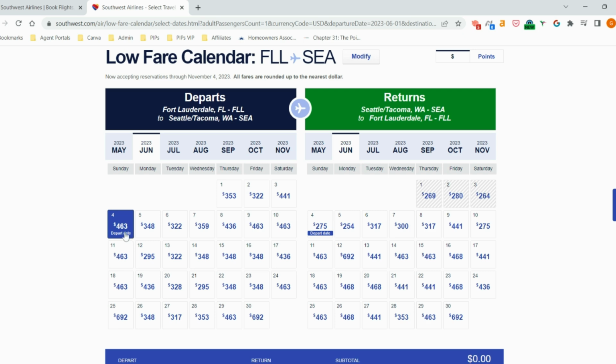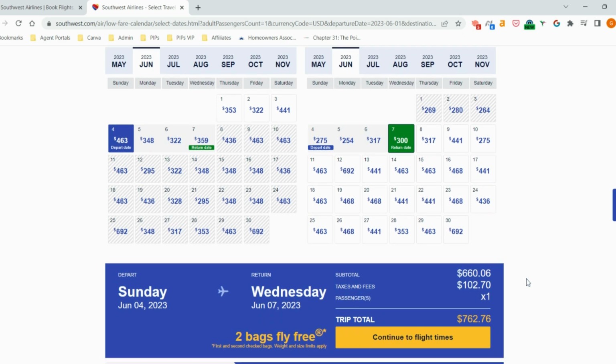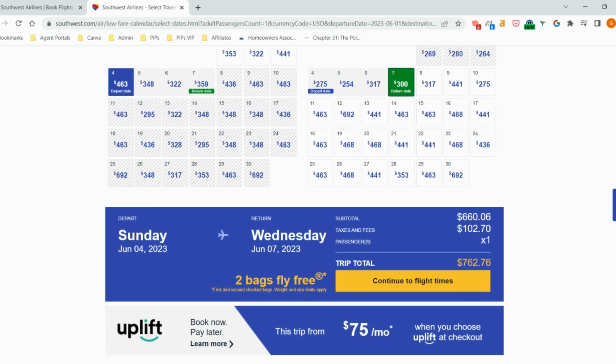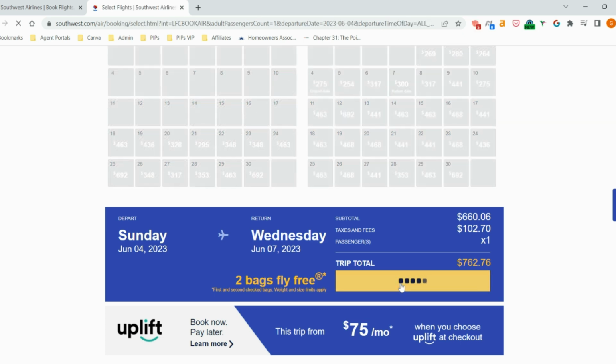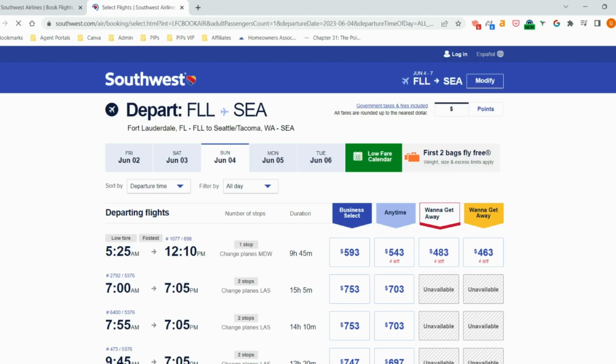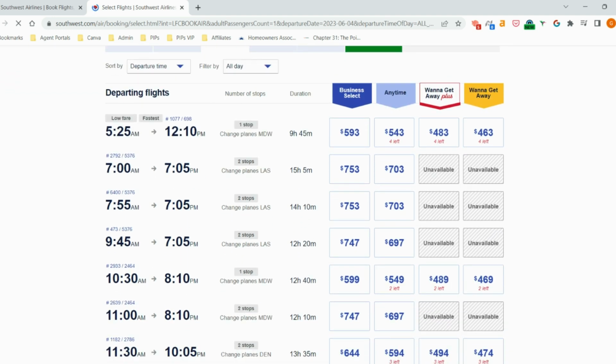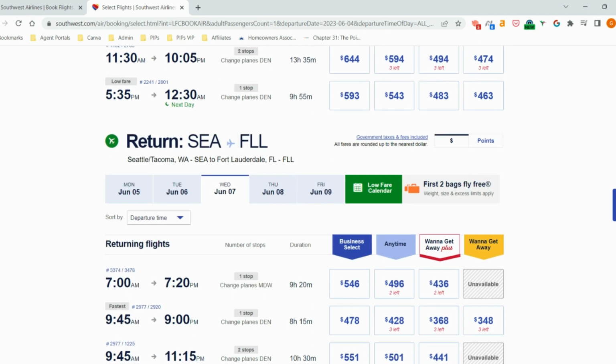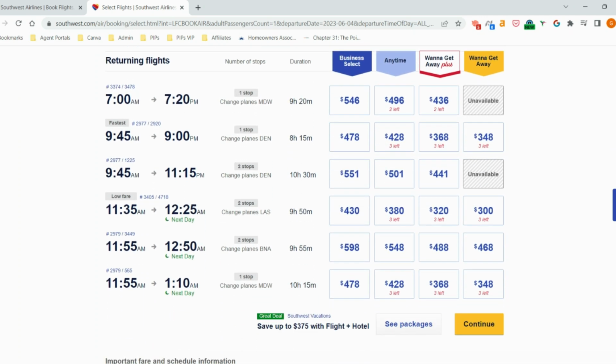So it's 463 for one flight. So already this is pretty expensive. And then on the 7th, that's $300. So we're already looking at $762, which is way more expensive than I want to pay. And we haven't even looked at the flights yet, so I don't even know if they have nonstop. Now, Southwest does have the 2 bags fly free, but I always carry on a bag, so again, that doesn't really matter to me. So we look at the flights. They don't have any nonstops. It looks like, yeah. So already this doesn't work for me,